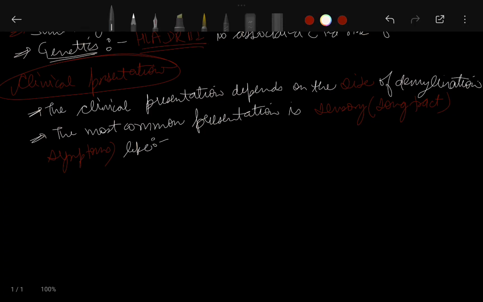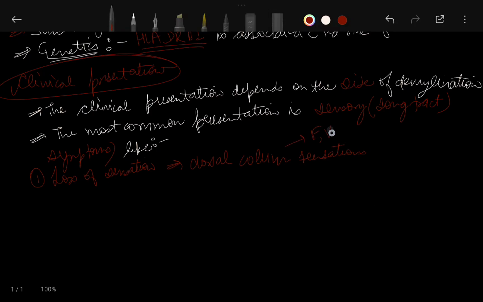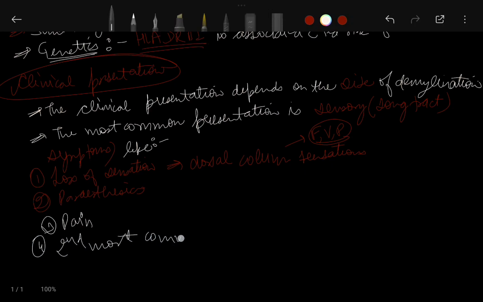Usually the most common presentation is sensory, such as long tract symptoms. In this case there is loss of sensation, such as dorsal column sensations: fine touch, vibration and proprioception are lost. Then there can be paresthesias and pain. After that, the second most common presentation